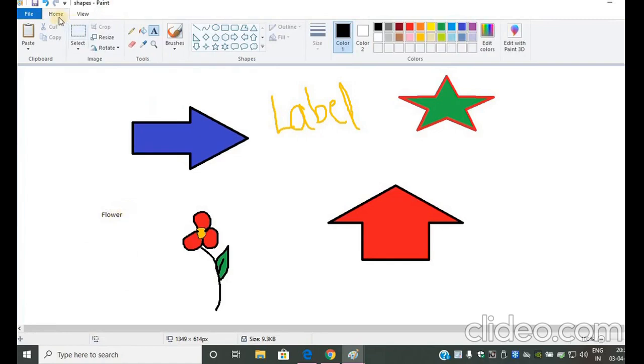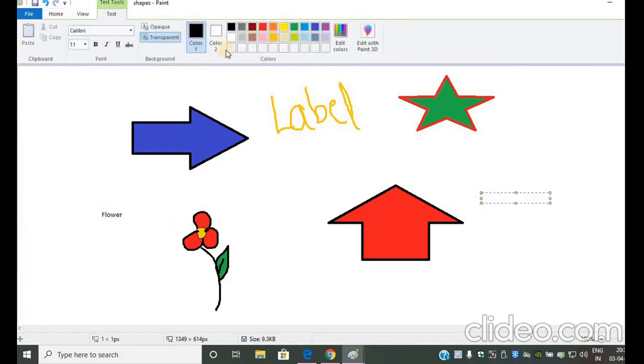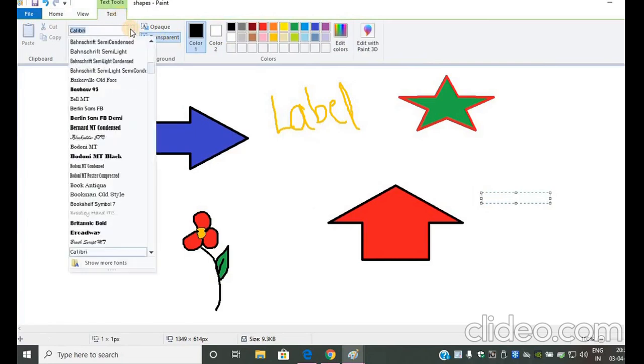Now students, can you see there are only two tabs here right now, home and view tab. But when I click on text tool and I place a box here, that time a new tab will appear which is called the text tab. Here, using this tab, you can change the font.